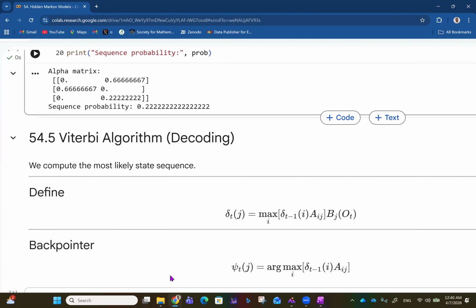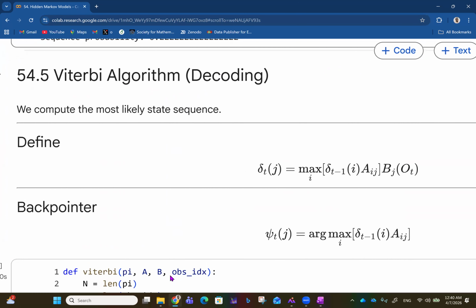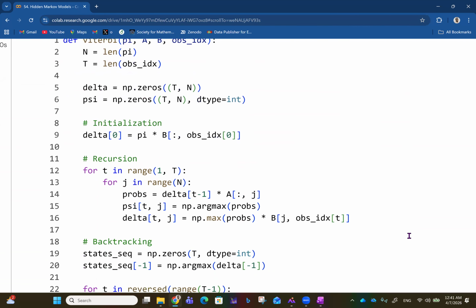Then we have the Viterbi algorithm, talking about decoding. We compute the most likely state sequence, defining delta t of j as the maximum over i of delta t minus 1 of i multiplied by aij, then multiplied by bj of ot, like that. Then you have the back pointer: psi sub t of j equals argmax over i of delta t minus 1 of i times aij. And then Python brings it to life